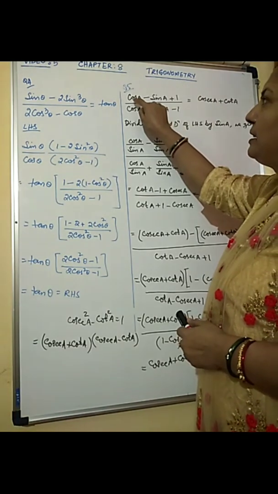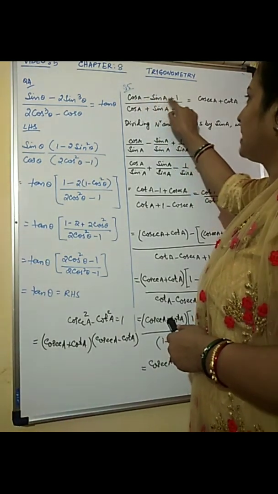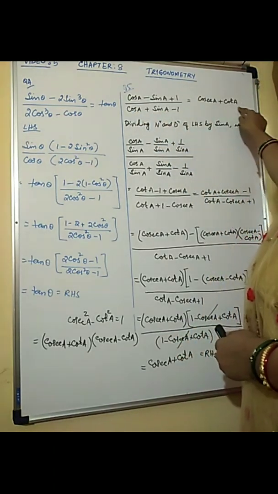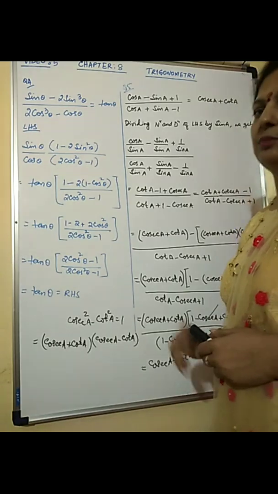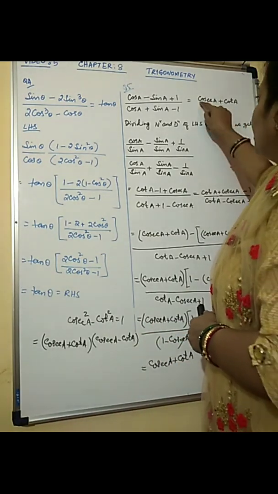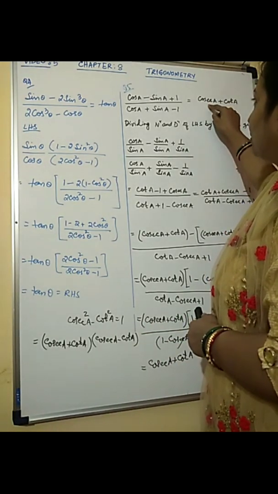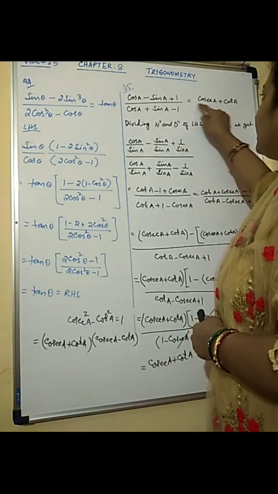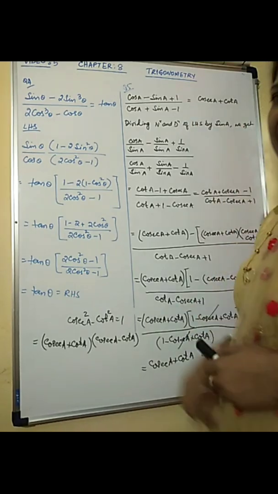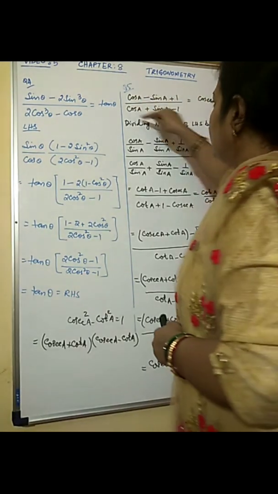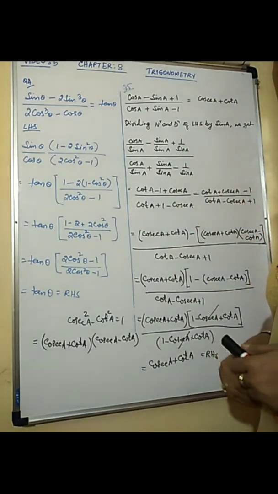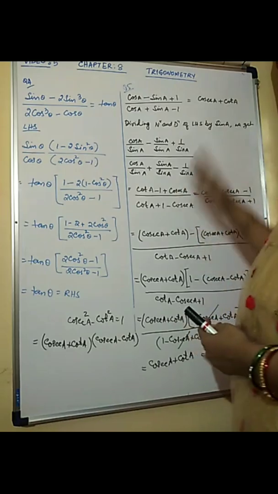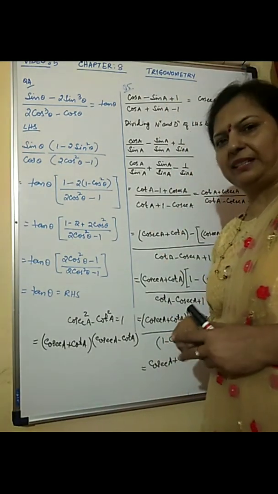Coming to question number 5. Here in the numerator you have cos A minus sin A plus 1. In the denominator cos A plus sin A minus 1. This is equal to cosec A plus cot A. This is what you have to prove. Again if you observe RHS, cosec A is inverse of sin, cot A is cos by sin. Clearly it says that the denominator must have sin. And in these terms, no denominator. So what we do is, since we require sin in the denominator, let us divide numerator and denominator by sin.